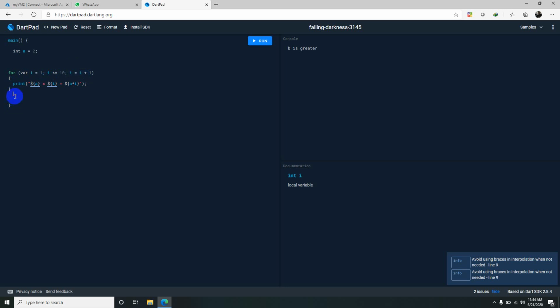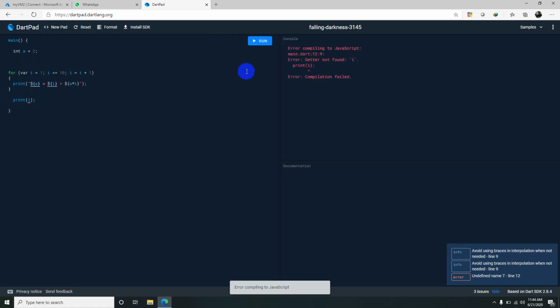Okay, now you can check by printing the i value outside of it. Run. Okay, so this i is defined only in this for loop, it won't come outside.